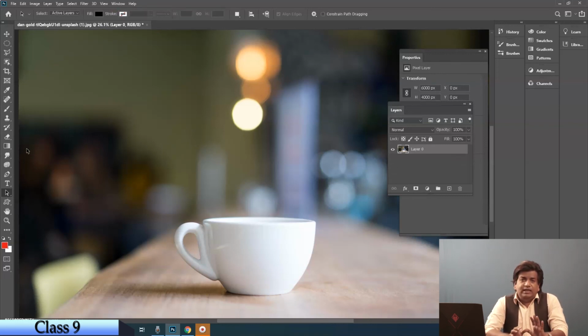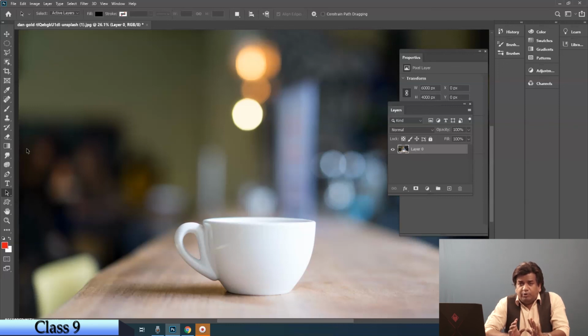Until and unless you understand this, the pen tool cannot be used very nicely for selection. If you understand the technicality of these things, the pen tool can be used to select any difficult thing. Why is it better than the lasso tool? The lasso tool ultimately goes in a straight line. It's a linear form of selection. Whereas with the pen tool, we get an option of curvature. We are able to take the curves. If we are able to take the curves, definitely there will be more cleanliness in selection.